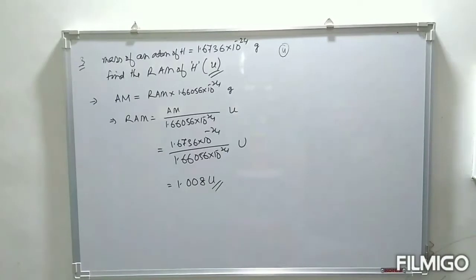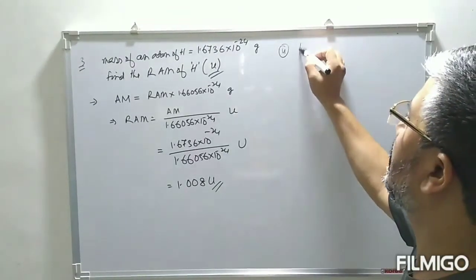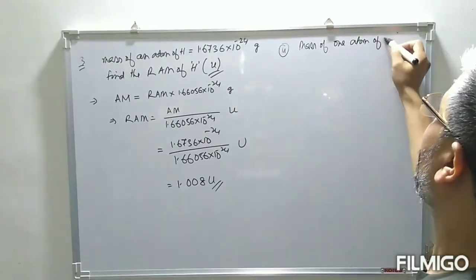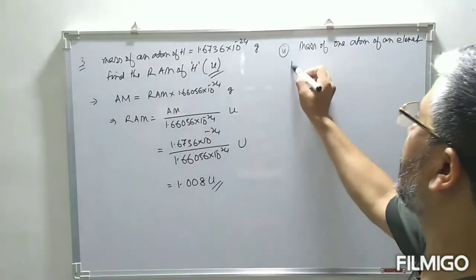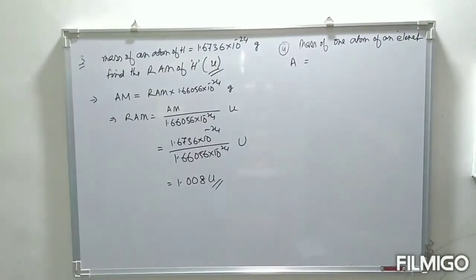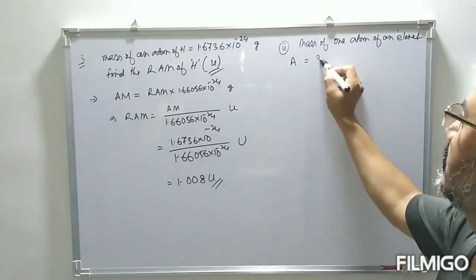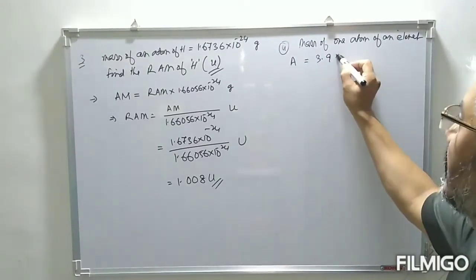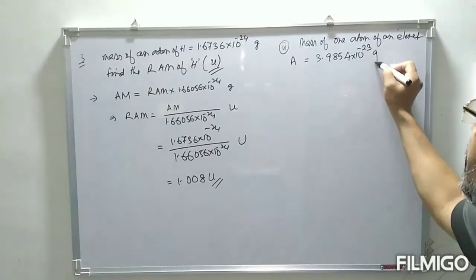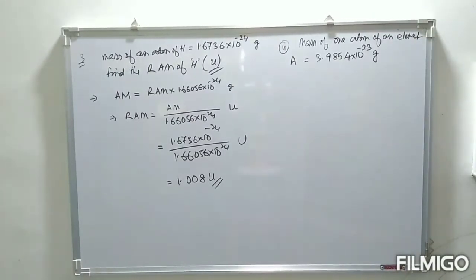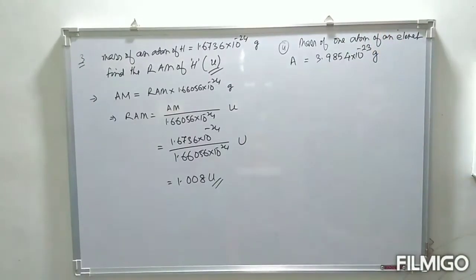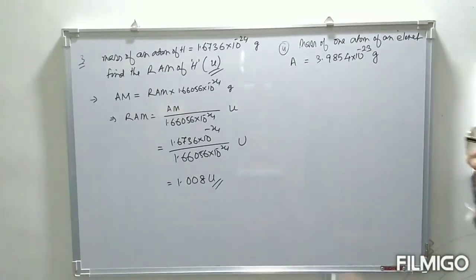Number 4. Let's suppose the mass of one atom of an element A is 3.9854 into 10 to the power minus 23 gram. Mass of one atom of any given element is found to be 3.9854 into 10 to the power minus 23 gram. Then the question says,